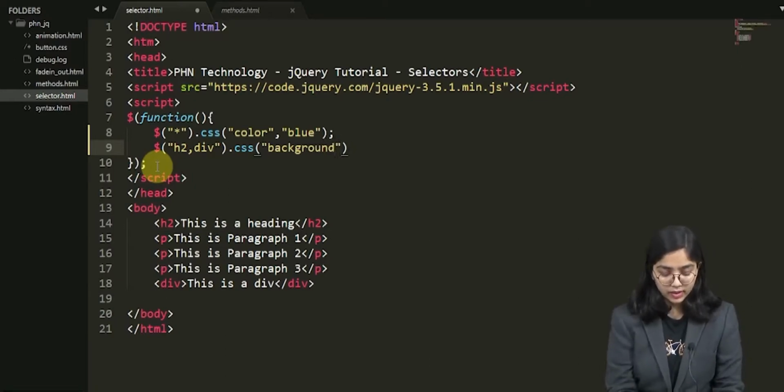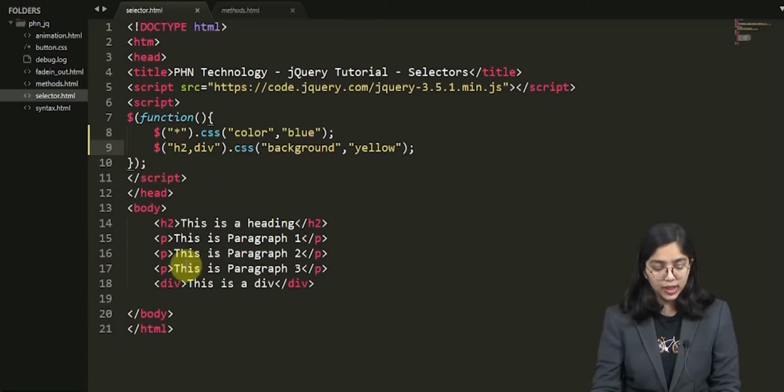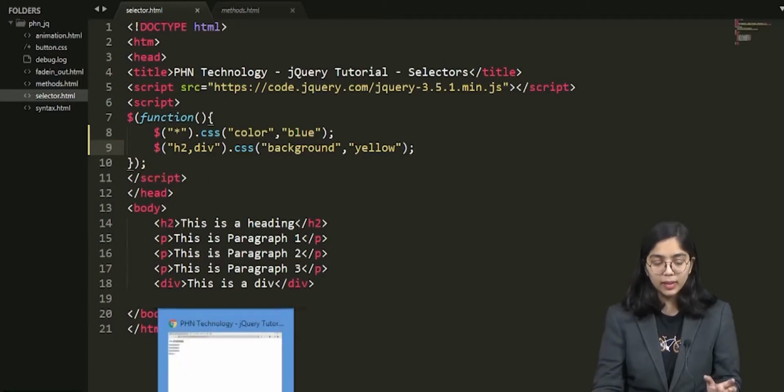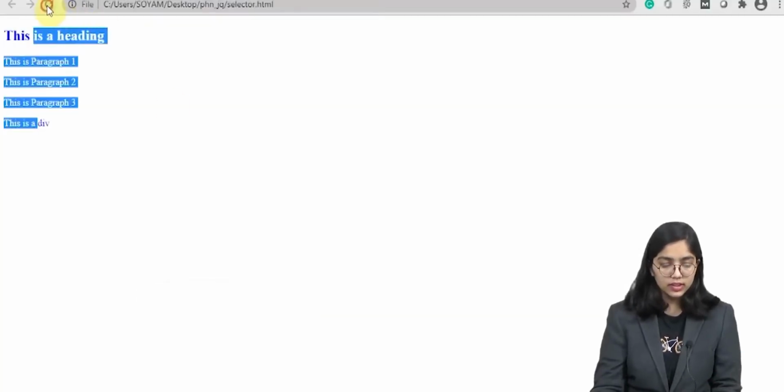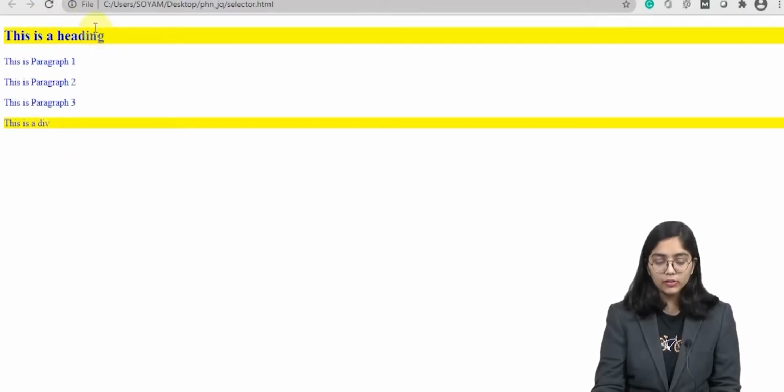Background, and after that I'm giving it as yellow. So my h2 and div are going to have background as yellow. Let's refresh it. Do they have background yellow?